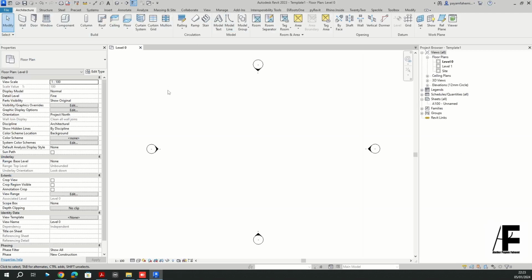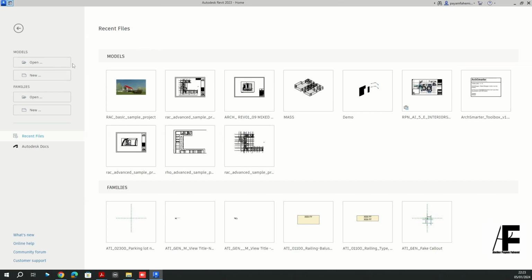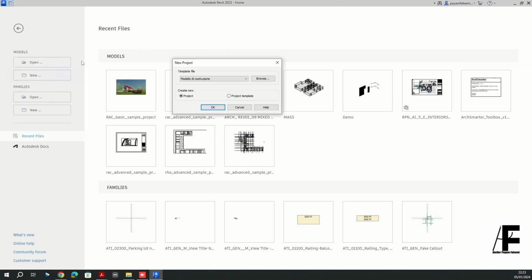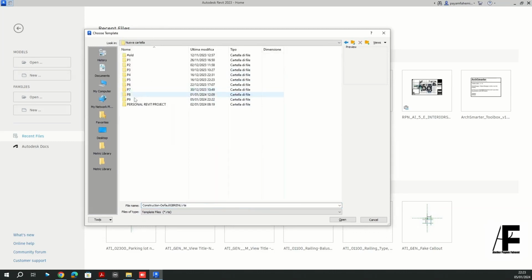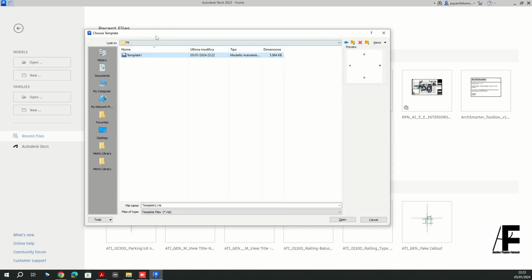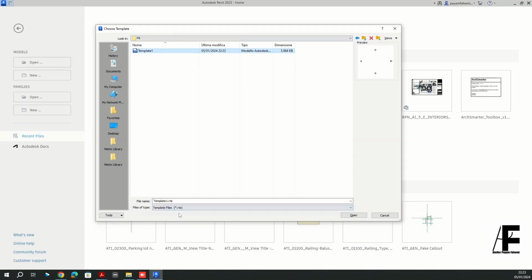Now we jump into the second step and convert our Revit template file to the Revit file. I can close this one, and again New, and instead of project template, I browse to the folder where I basically saved my template file. Here it is. As you can see, it is an RTE template file. Now if I click open,